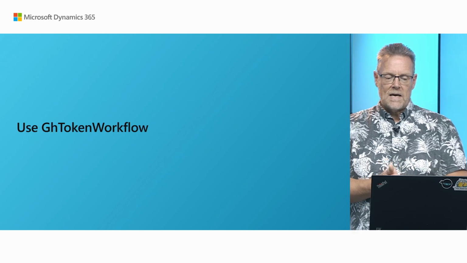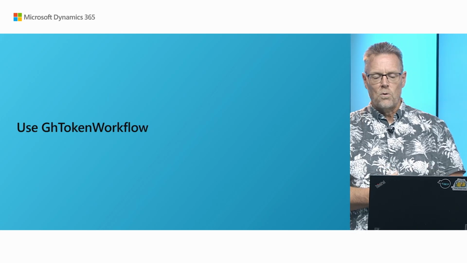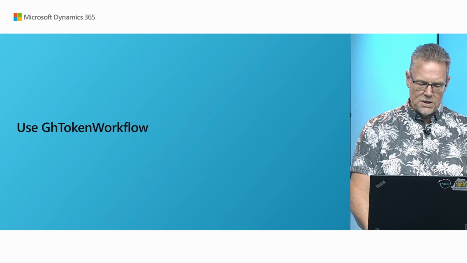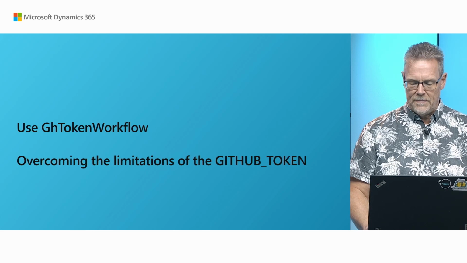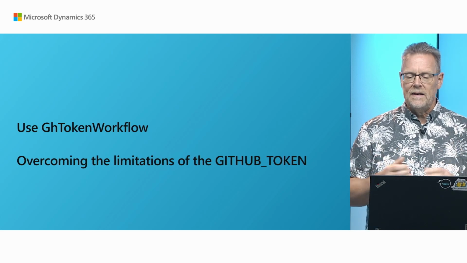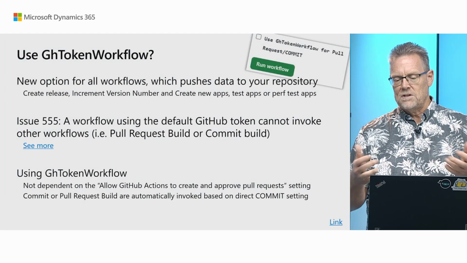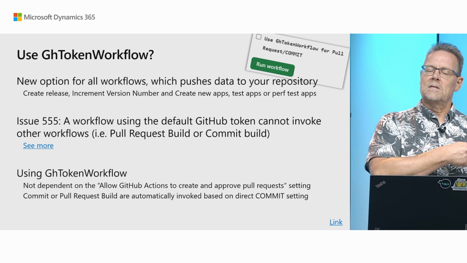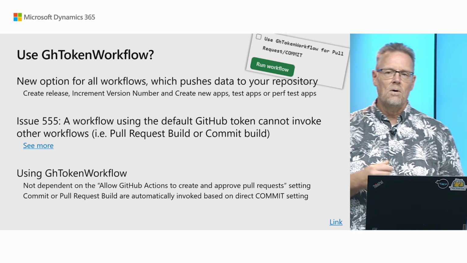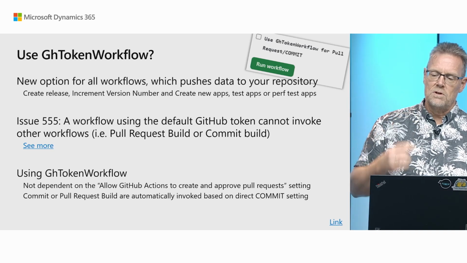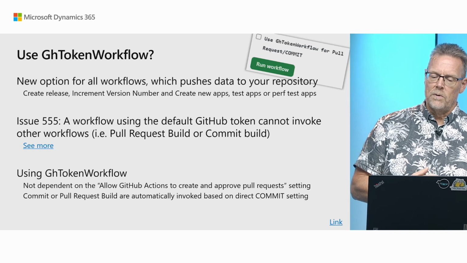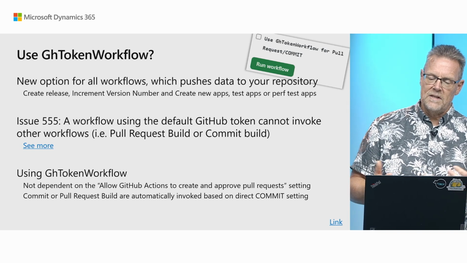Another feature that was added was the use GH token workflow. That's a strange name for a feature, but this is about overcoming the limitations of the GitHub token. And what is that? Well, every single workflow that creates a pull request or a commit into your repository now will have a small checkbox saying use GH token workflow for pull request/commit. The reason for this is that